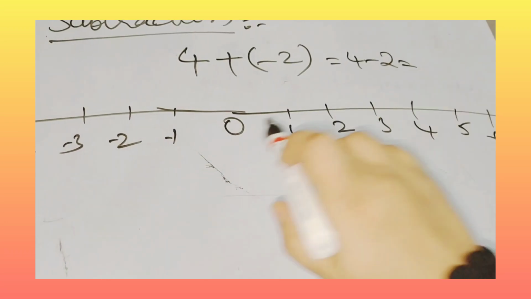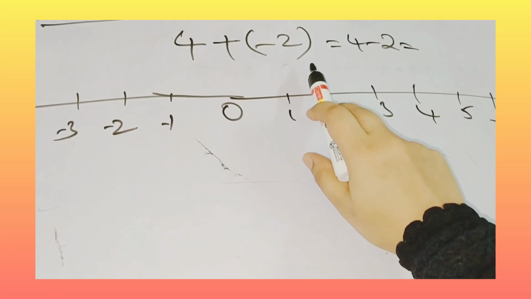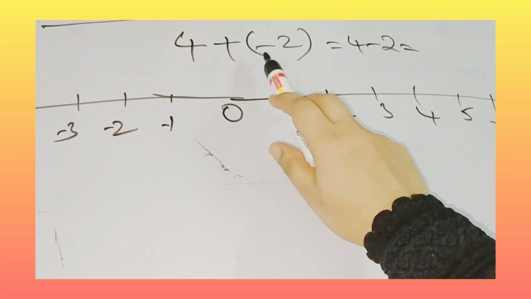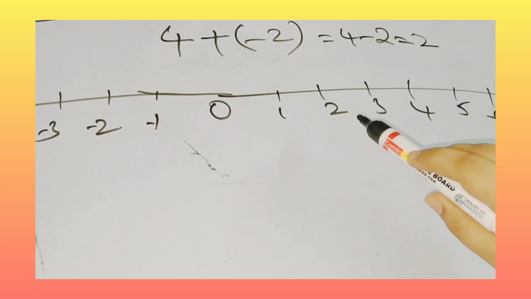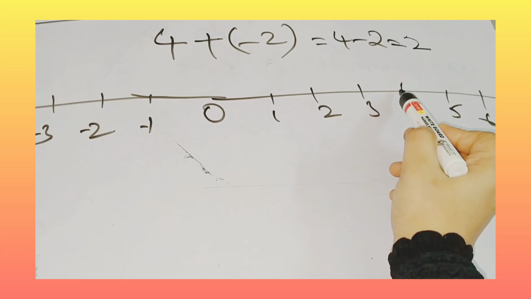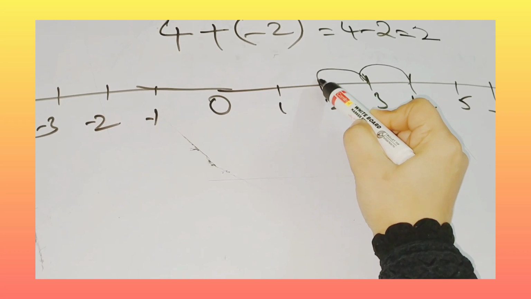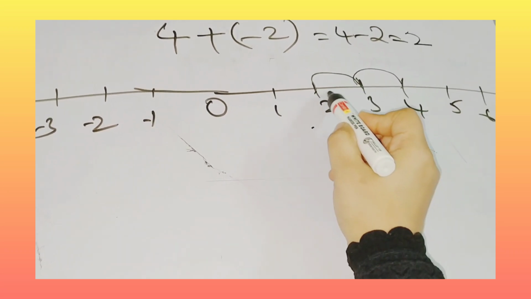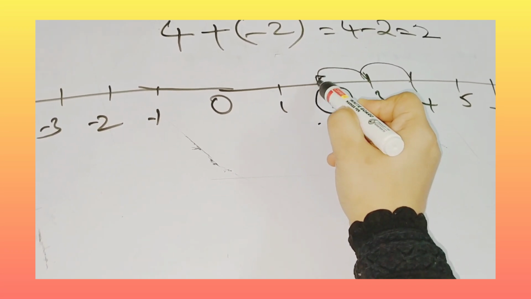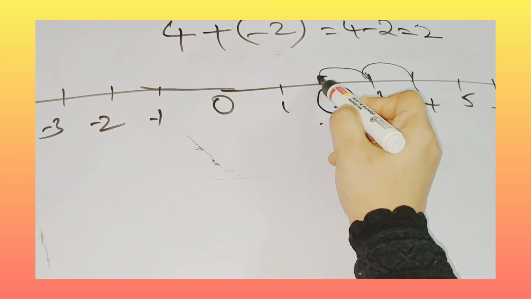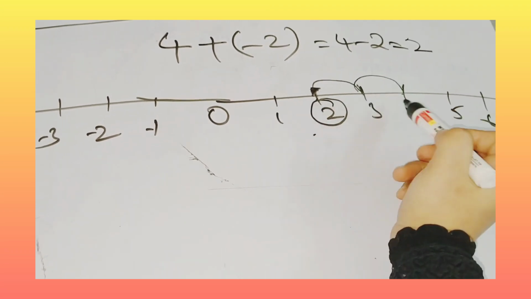If 4 plus of minus 2 is there, what you have to do, again you have to do here plus into minus is minus, 4 minus 2. What is 4 minus 2? Again it is 2. So you have to do here 4 minus 2. 4 minus 2 means you have to move the curves to the left side. Now it is moving to the left side. 4 minus 2 is here 2. Now you have to keep the arrows here as we are moving this here now. Got it? Here we are moving it to the left side.